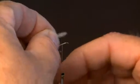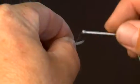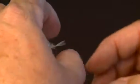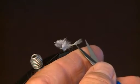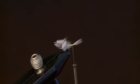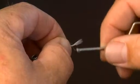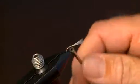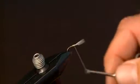Those are a little bit long, and so I'm going to reposition, and that appears to be fairly close to the right length. And so then I'm going to carefully bring my fingers right up here to where we had the thread, and we're going to make a couple of thread wraps. And I'm going to check one more time before we go too far that yes, those are about the right length. And so I'm going to come winding back towards the back of the fly to bind the hackle tips down. And we'll put a couple more wraps of thread there, and then we're going to come back up here,